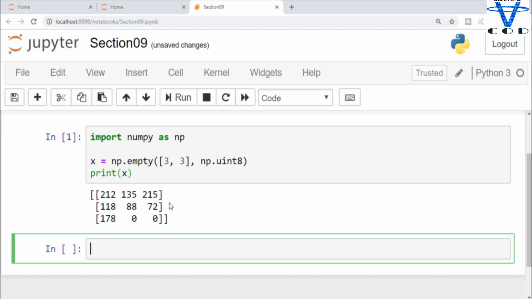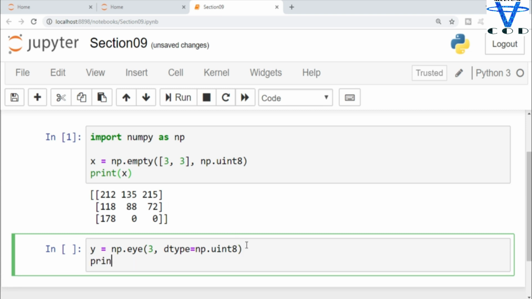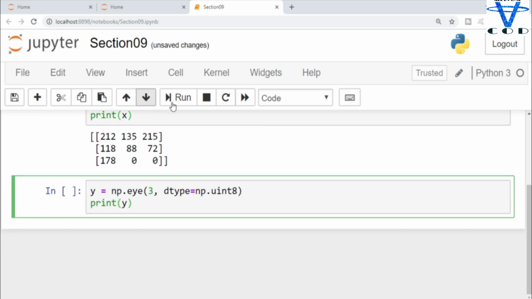We can also have another type of array with the function eye, that is y equals np.eye(3, dtype=np.uint8), and print y. If I execute it,